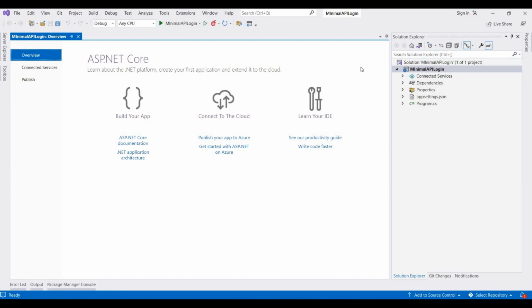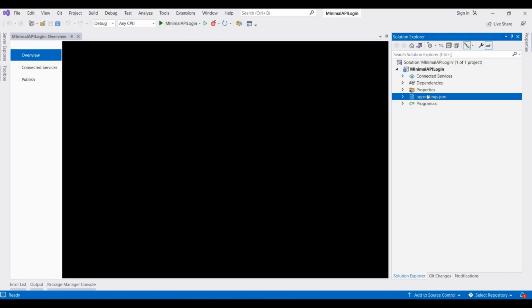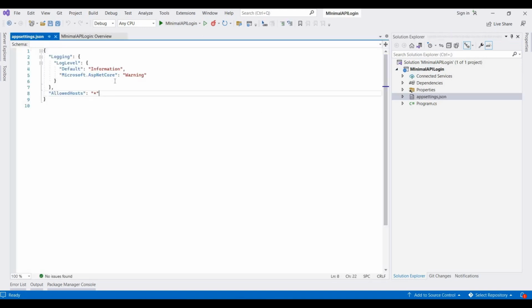Here we get a connection string from a database and then log in to the page according to the username and password. So first of all, we need to set a connection string into this appsettings.json. So here I am writing a connection string, and then here I'm writing a default connection,